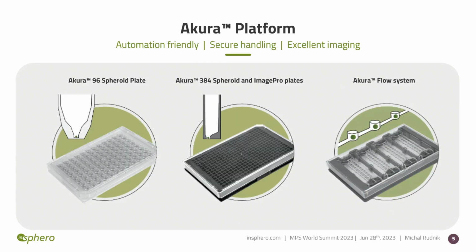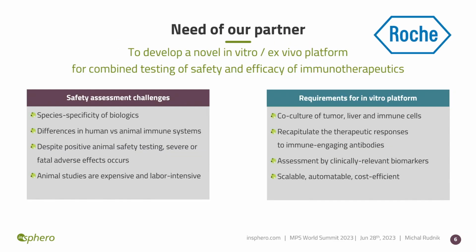But at Nisphero, we are not only fascinated by biology, we are also a team of skilled engineers who design and develop easy-to-use, automation-friendly tools for high-throughput spheroid production and assessment, such as the Akura 96 well plate, imaging-ready 384 well plates, or more complex microfluidic flow systems. So due to those reasons, our partners from Roche approached us with their problem with assessment